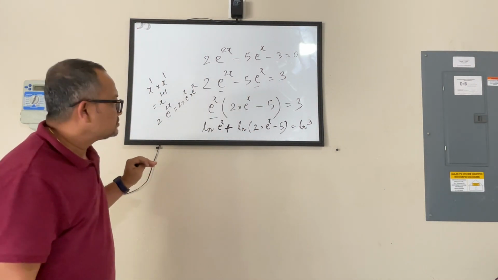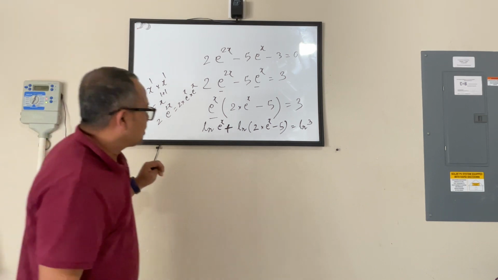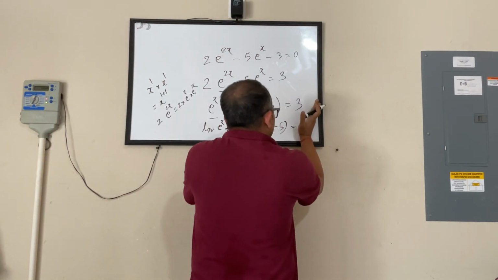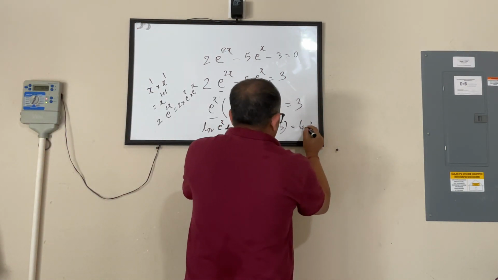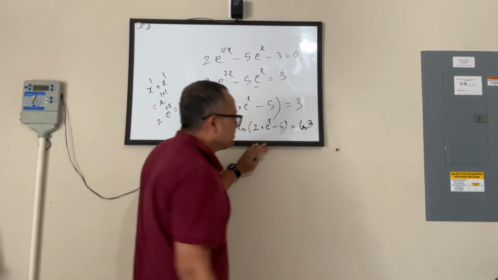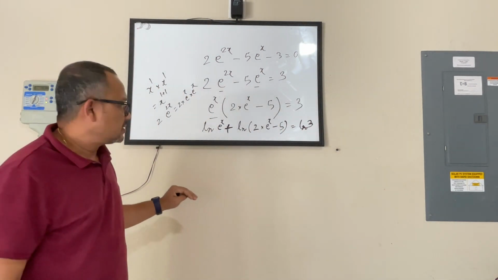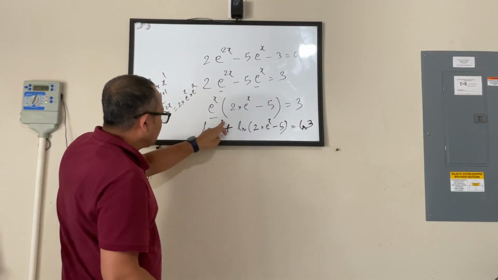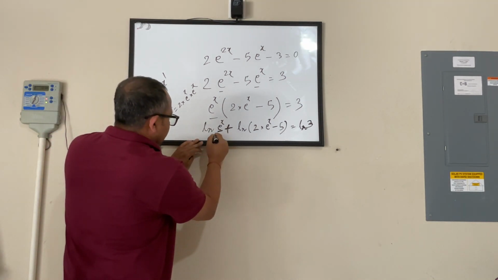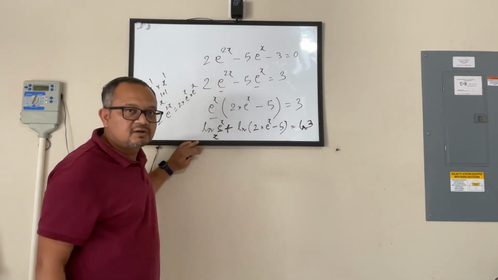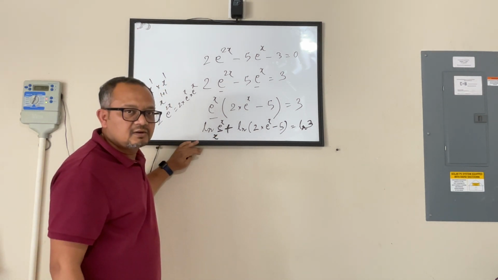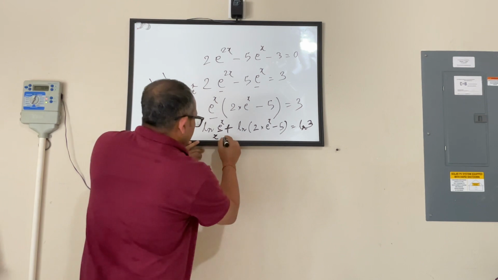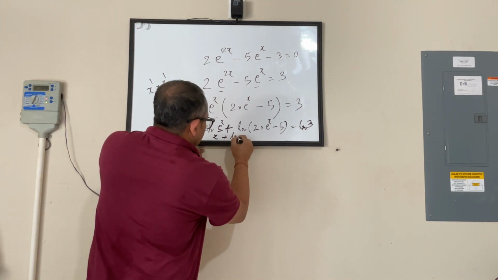Okay, my bad. No, yeah, this is fine. Here, natural log of e to the power x becomes x for me. Plus natural log of,